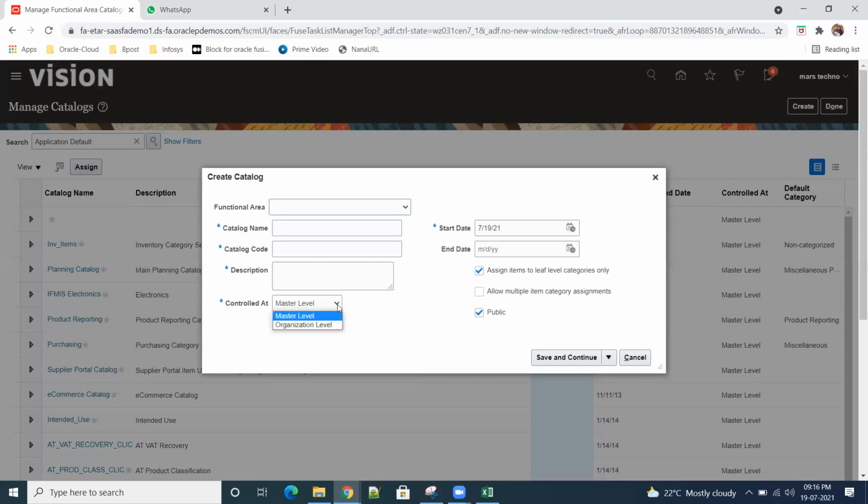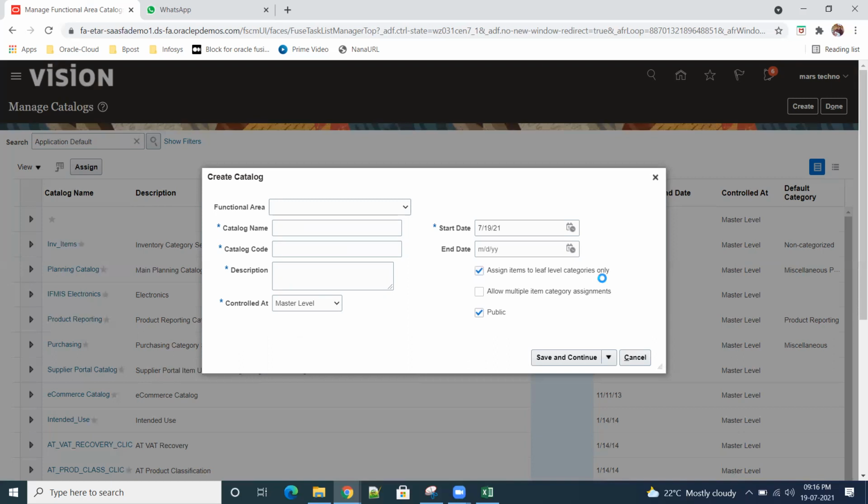Control at: catalog is always controlled at the master level. Most of the time they won't go for organization level. And the catalog will be public. Assign items to categories always. No one adds the items to the catalog; whatever items you are defining are always added to the category.